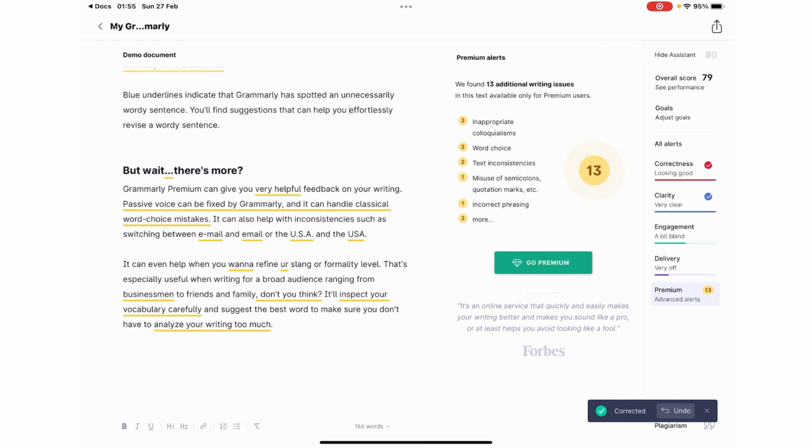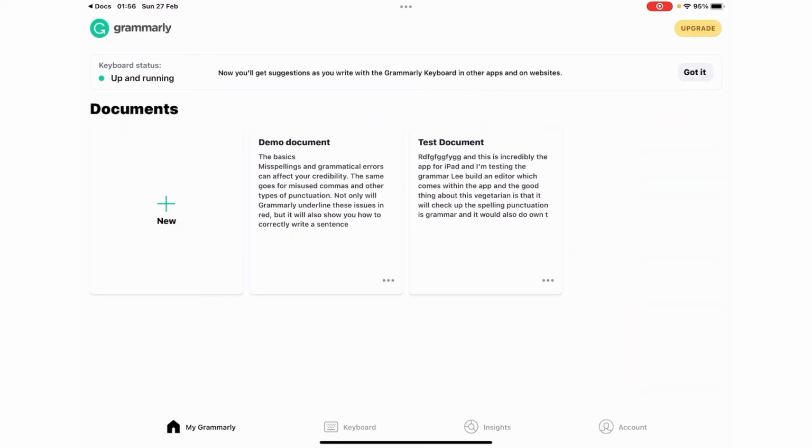And these yellow ones are the premium features. You would only be able to correct that in case you buy the Grammarly premium version. I would highly recommend that if you're a student, you should install the Grammarly keyboard app and start using it, because it will help you to write correct English everywhere, not only in your assignments but also on